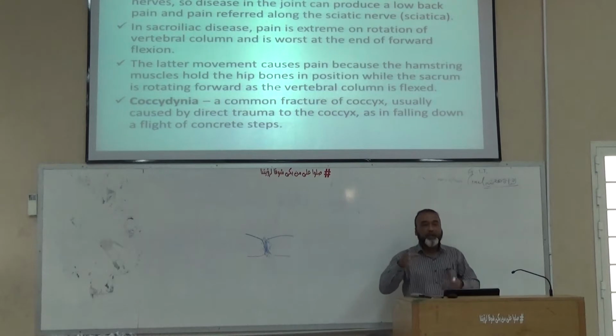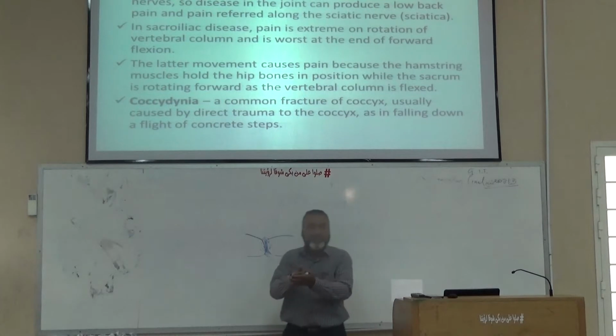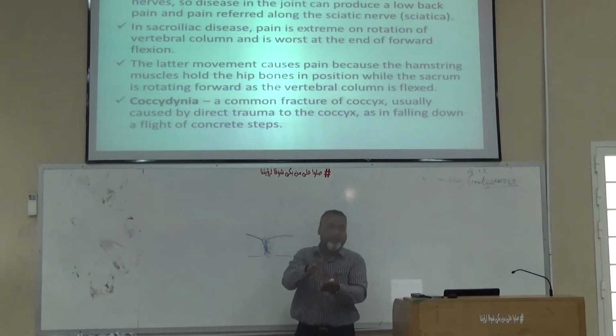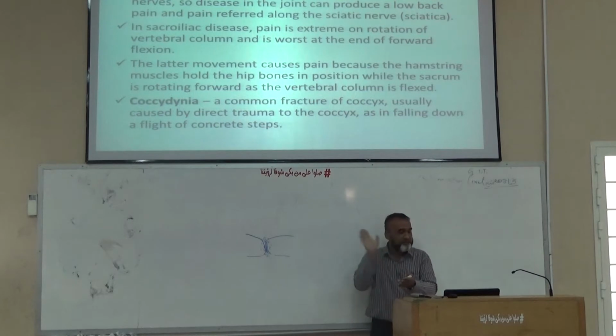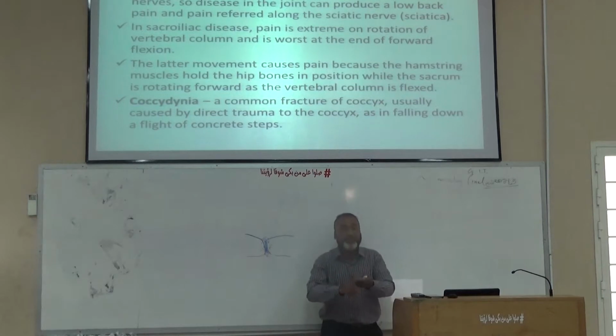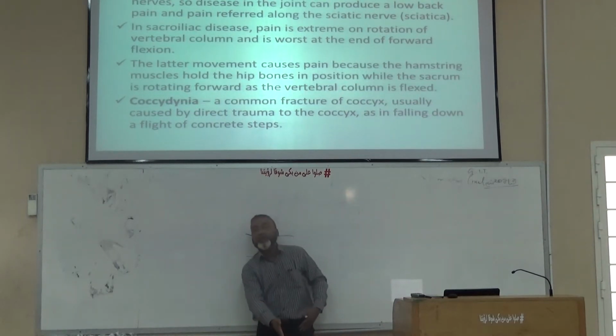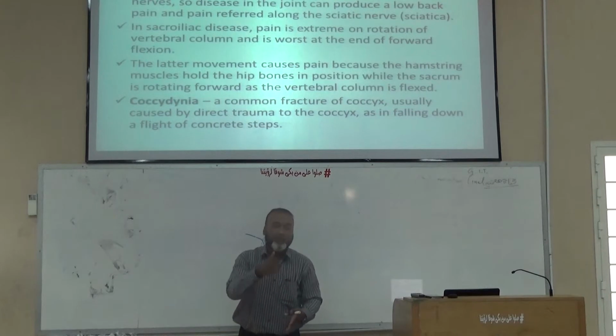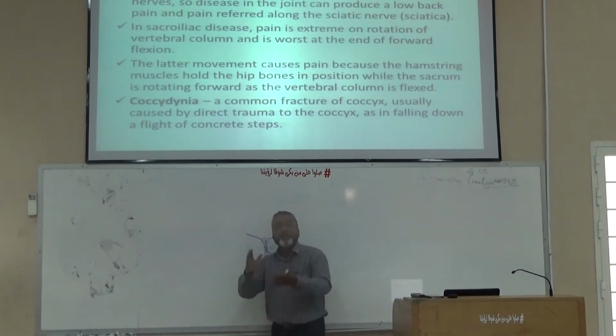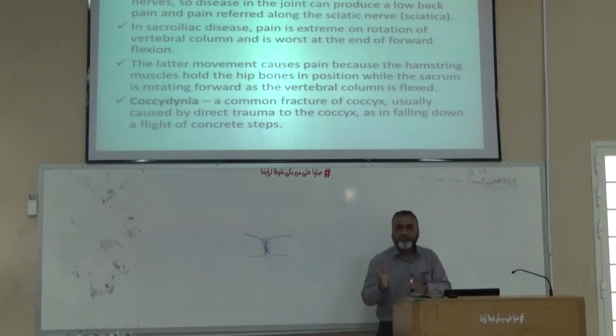When there is any disease involving the sacroiliac joint, which has an effect over the lower lumbar and sacral nerves, they can produce pain which appears like involvement of the sciatic nerve. So it resembles sciatica, which radiates along the area of supply of the sciatic nerve.